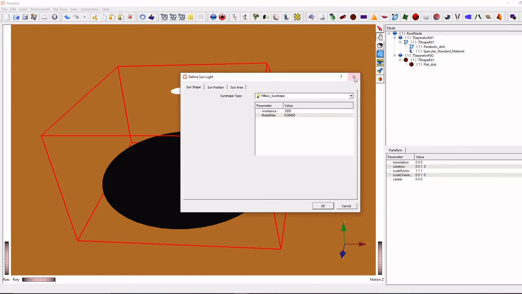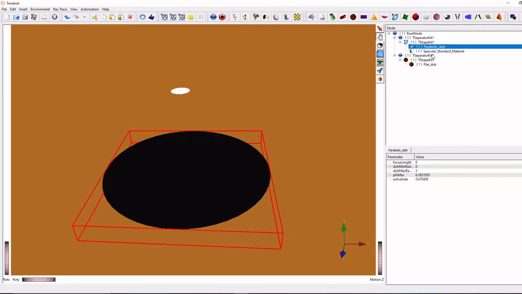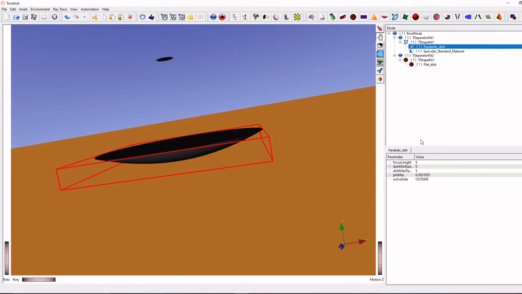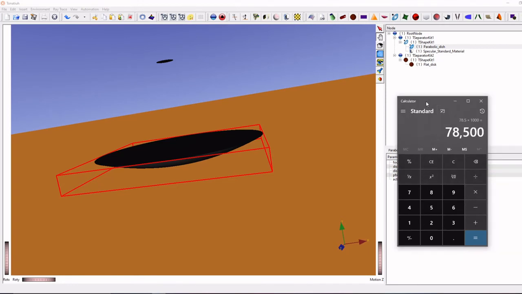Our aperture area is, our parabolic dish collector diameter is 10 meter. We entered only the radius as 5 meter. That means diameter is 10 meter. So we find manually how much solar radiation is there.